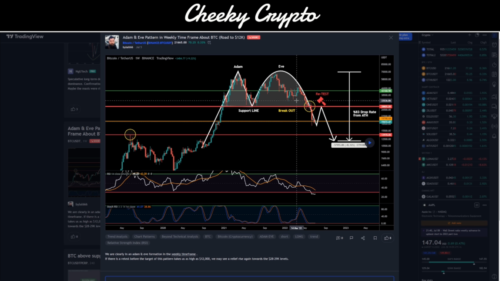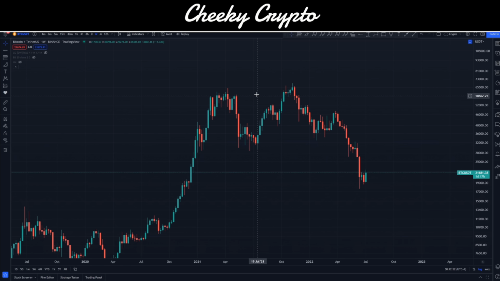Now again, it's loose because it's not a double bottom. We pushed up into a new all-time high. So again, you could apply it like this if you really, really, really must. But again, I think everyone's just jumped on the terminology bandwagon and is just basically repeating buzzwords at this point, whatever